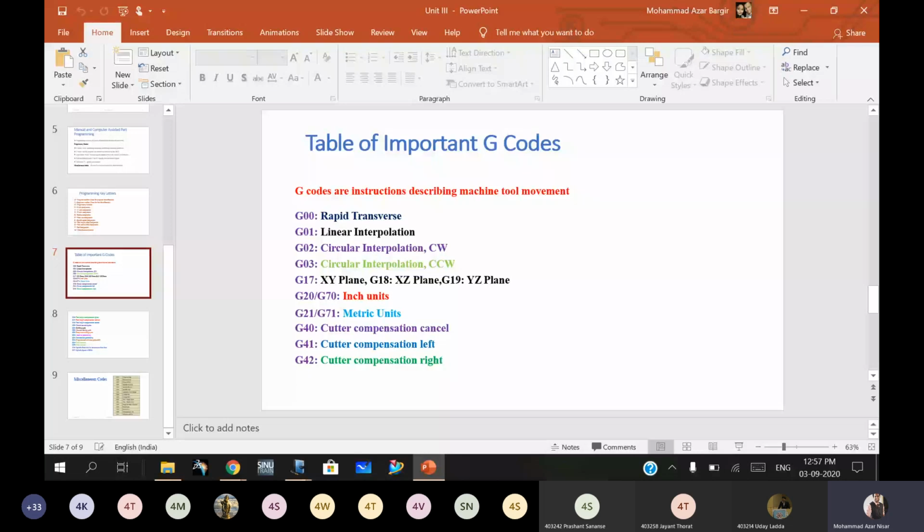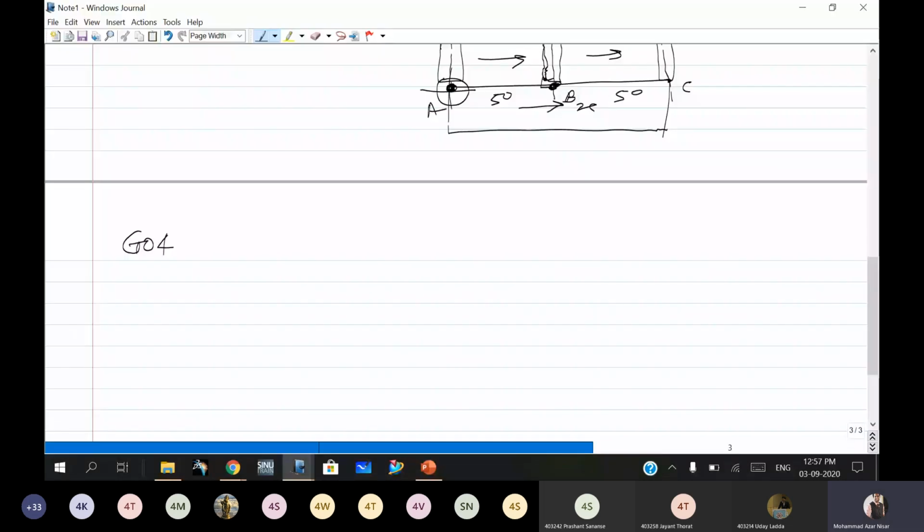G04 is nothing but dwell. It is used for dwell. Suppose drilling is there: this is the workpiece and your tool is drilling over here. After drilling, it will stop for a moment and then retract.